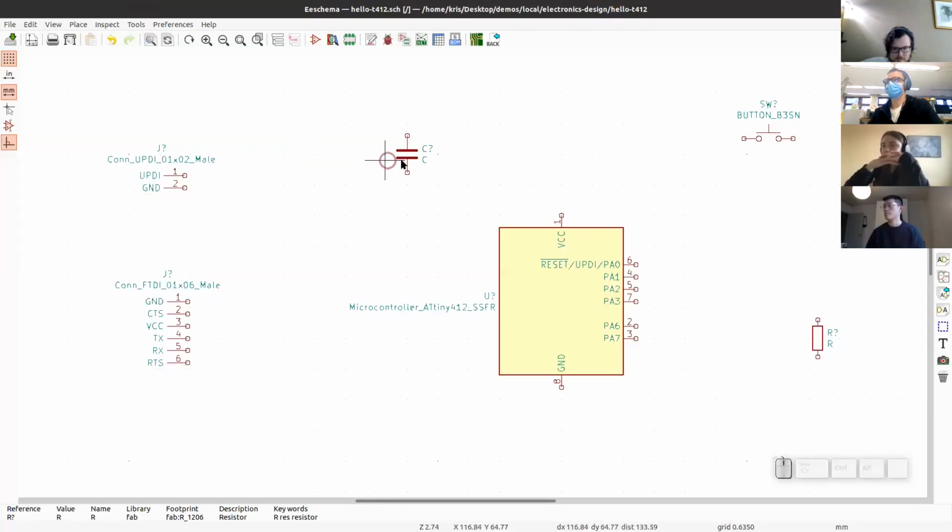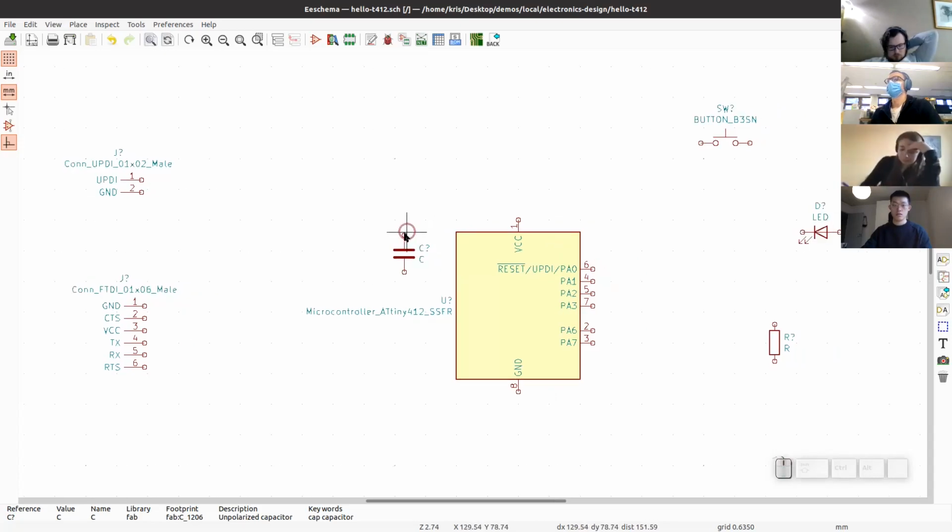In order to move these around, you can hover over them and press M to start to move them. So I'm just going to place it here. In order to start to draw wires, you need to hit W. So you point where you want the wire to start, and then you start drawing it. And whenever you click,